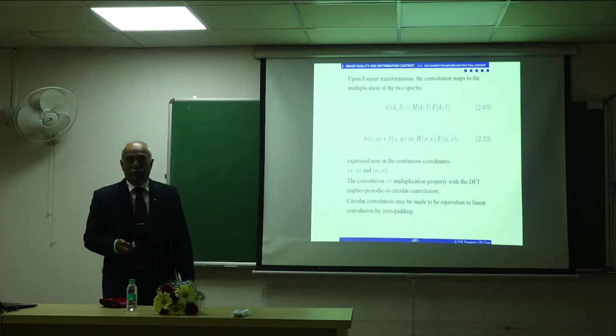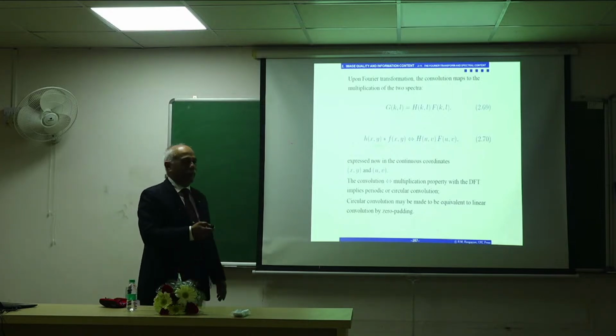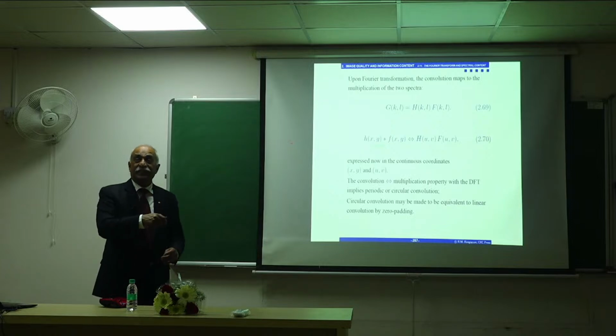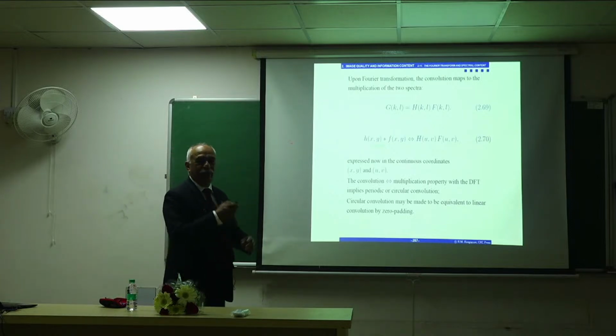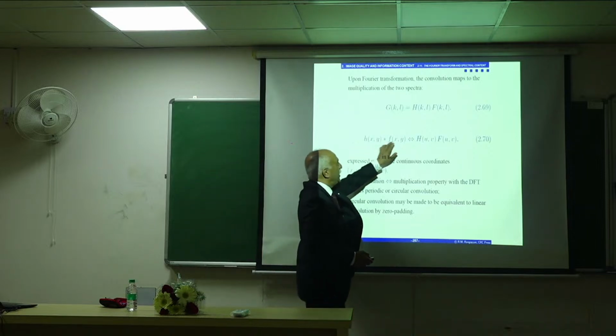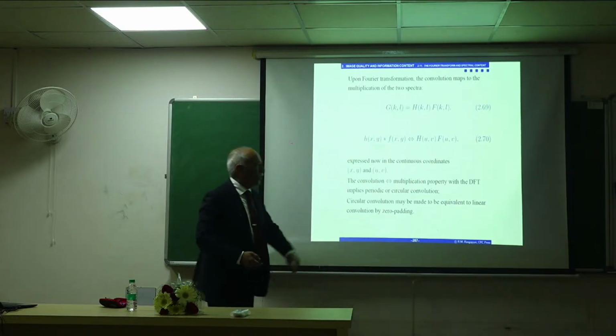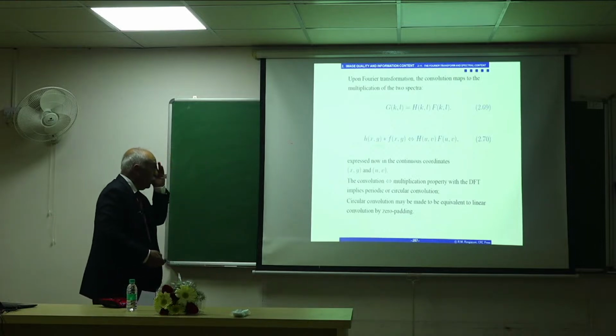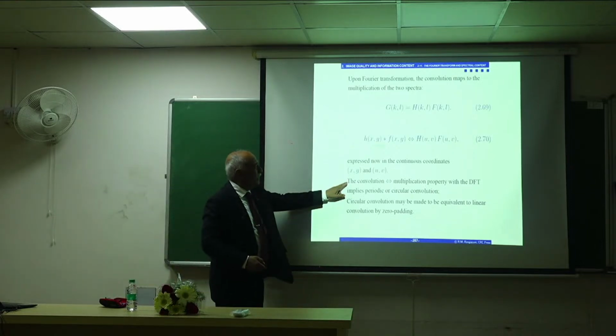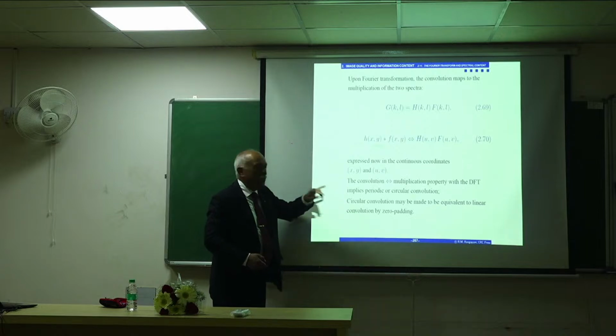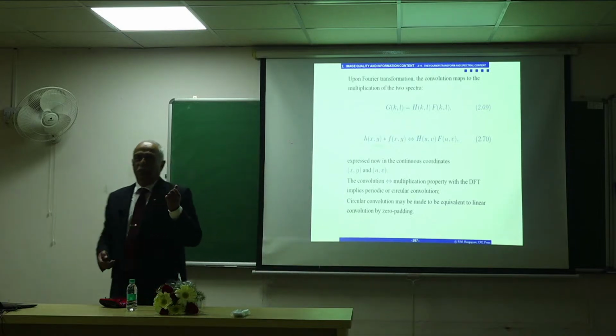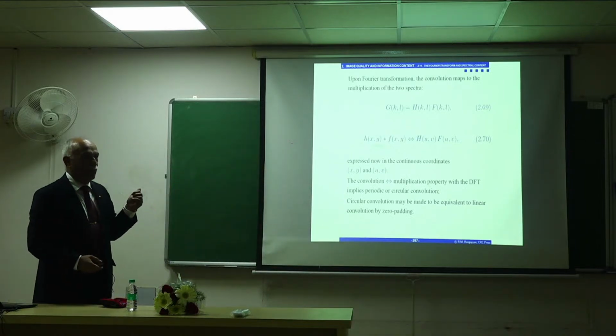Multiplication becomes convolution becomes multiplication. And of course, the converse, multiplication becomes convolution too. So both ways. If there is convolution in one domain, in the other domain you have multiplication. So the convolution multiplication property with the DFT implies periodic or circular convolution, which is an important point to remember